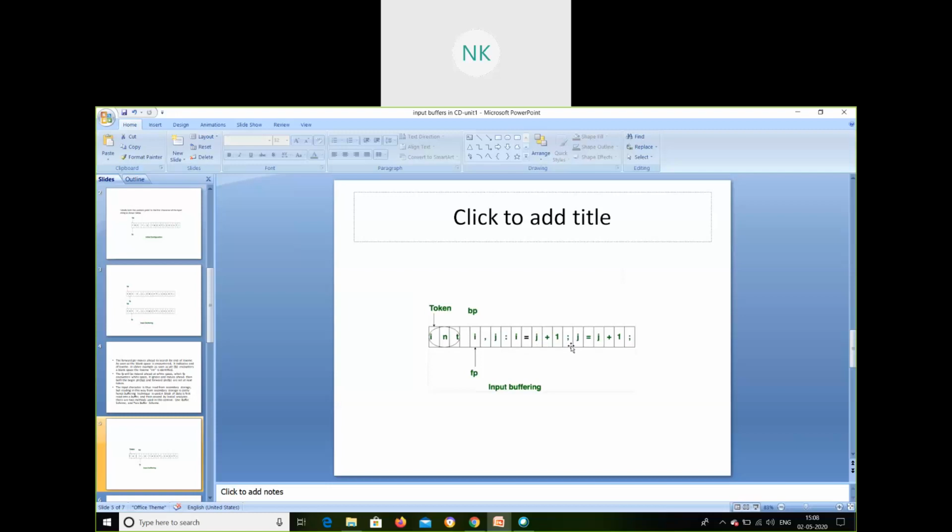That drawback will be there in the single buffer. In a single buffer, we won't be able to keep data for a long period. It just moves on once it is done. Once the buffer is over, again it will start from the beginning, because of which we will go to the two buffer concept, one buffer and two buffer concept.